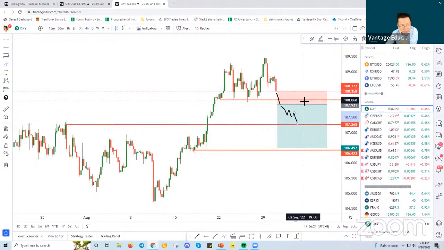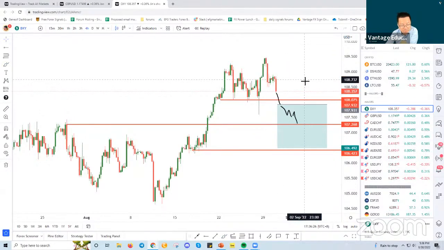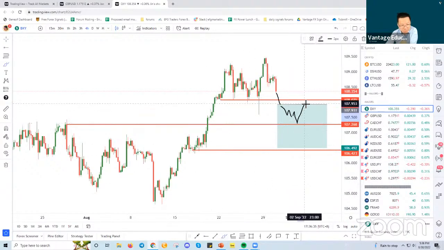Once it comes to that point, you might want to consider moving stop loss to break even, just so that if it bounces off from this point and goes back up, you have secured your trade at break even. Or if it bounces around and breaks lower, then you could see price trade down towards your take profit level. Okay, so there's one example using just a chart on the dollar index